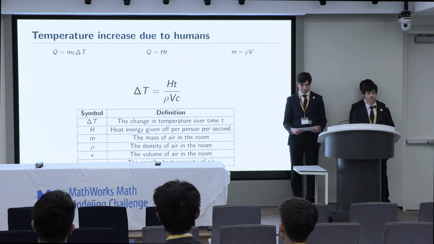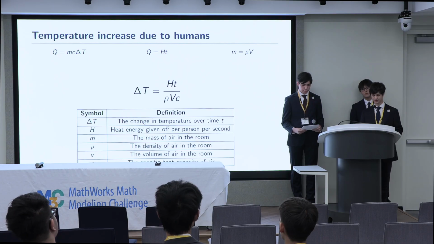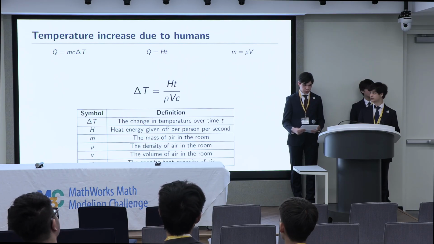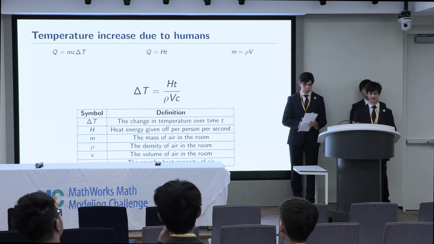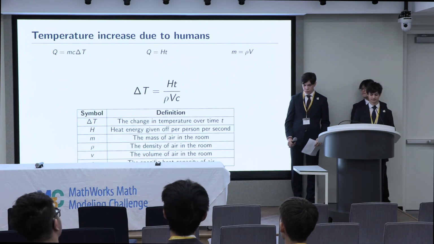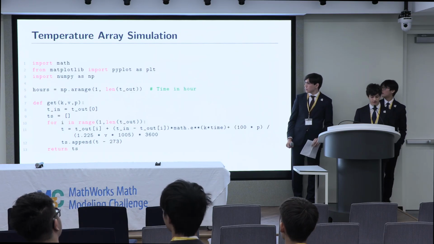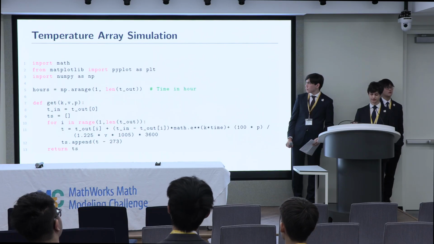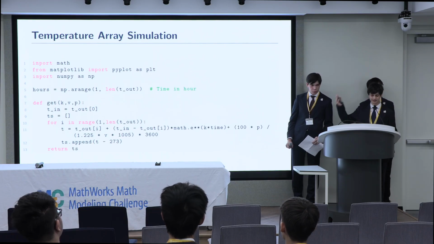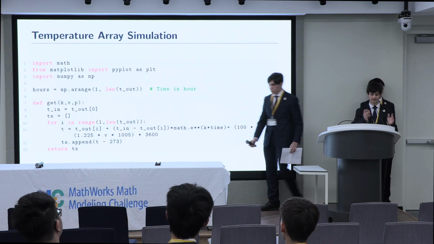We also found that the human power output was significant enough to change the temperature. We took this value to be 100 watts. Using the above physical laws, we found delta T, the change in temperature, which we will add to our final temperature. This code shows how we computed the temperature using Newton's cooling law. The key thing is that we did this by splitting into time segments and finding each individual temperature.